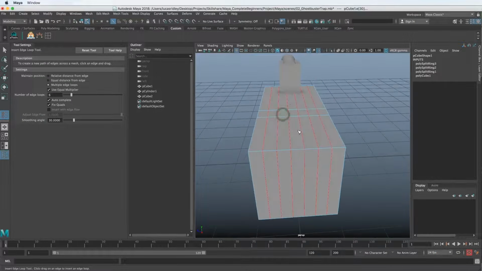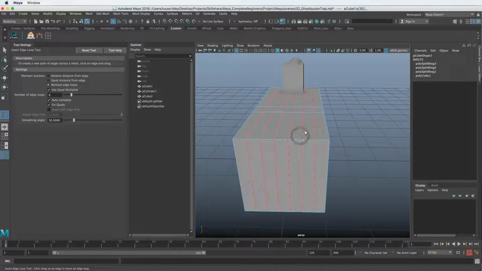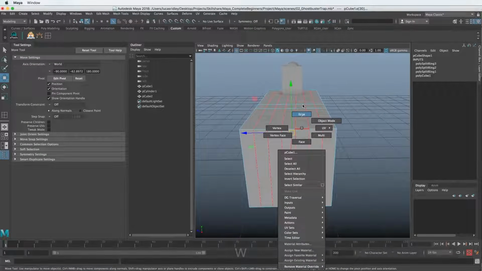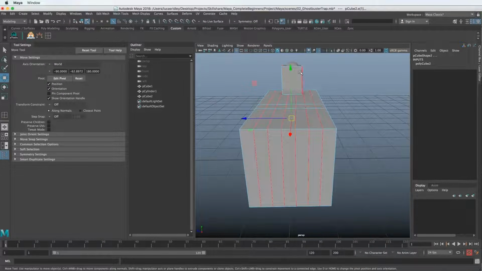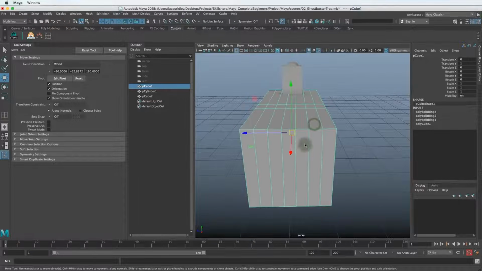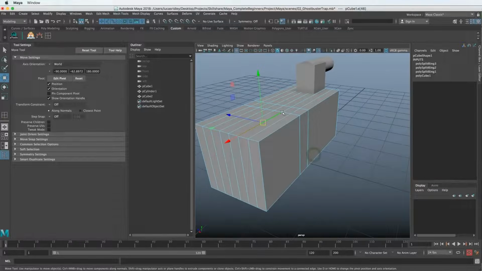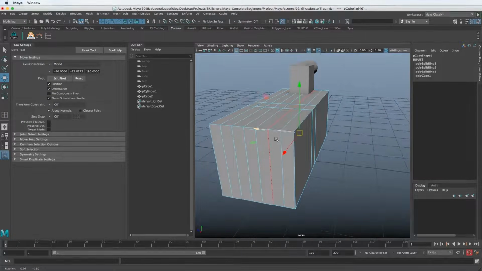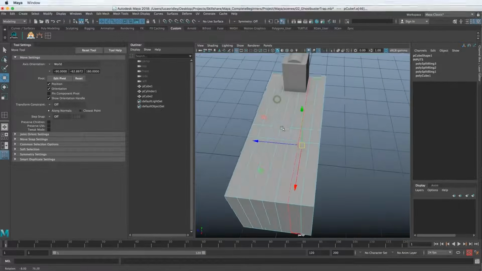But what if we don't want these interior edges? If I go to edge by right-clicking and dragging, and keep in mind, you do need to have your cursor over the object that you want to change to. If I was to do this up here and go to edge, it'll change to this object, and we don't want that. We want that object to stay in object mode. So let's click this and go to edge mode. And if I select this now, it's just going to select that one little section. But if I double click the edge, it'll select the whole edge loop if it goes all the way around. If it doesn't go all the way around, it won't select the whole thing.